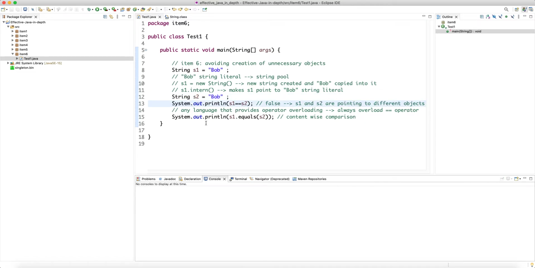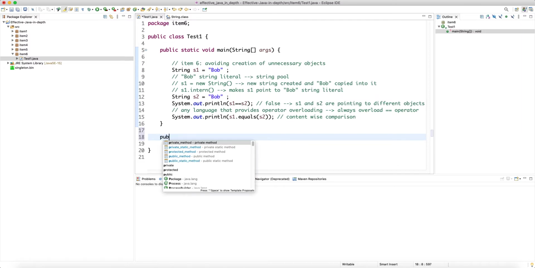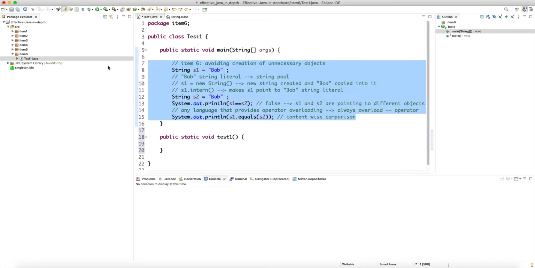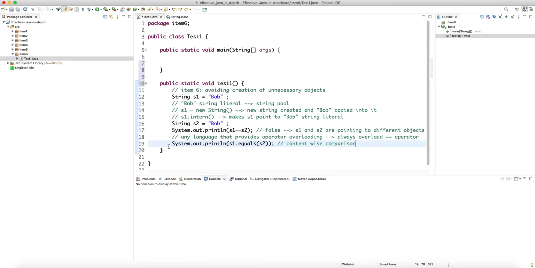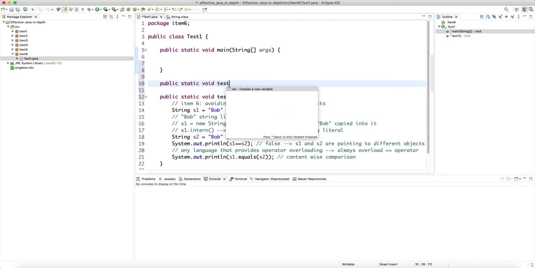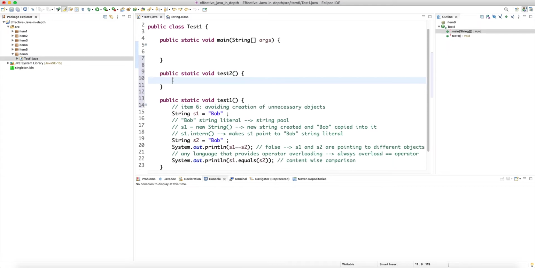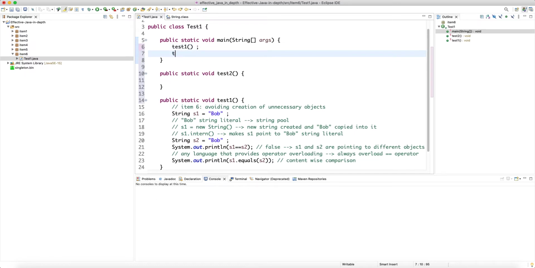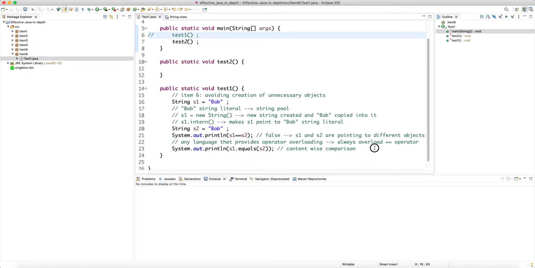Okay, now I'm going to create a public static void method. Let's call this test1, and copy and paste this code inside test1. And I'm going to create a new method, public static void test2. Obviously first we ran test1, and now we want to run test2, so I'm going to comment test1. So in test2, what I'm going to do is